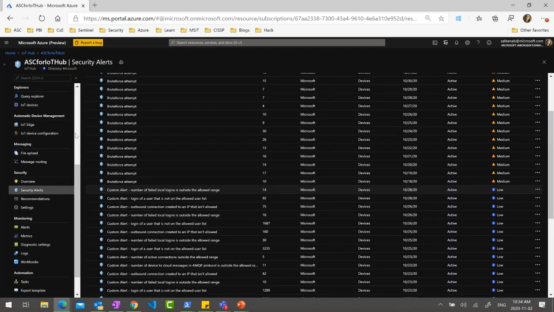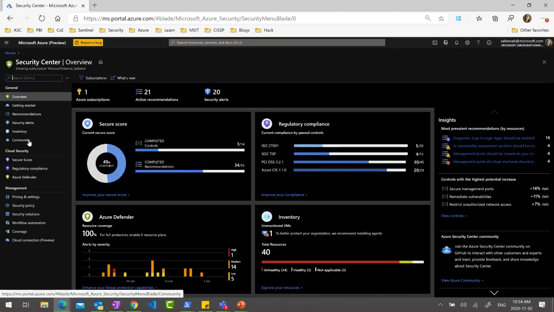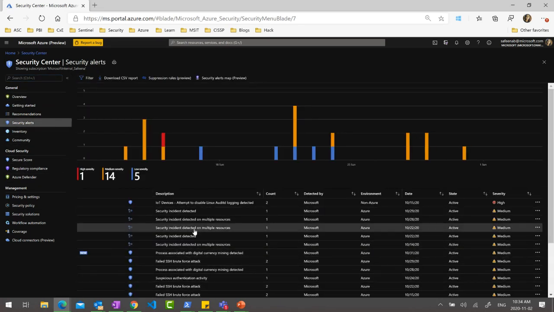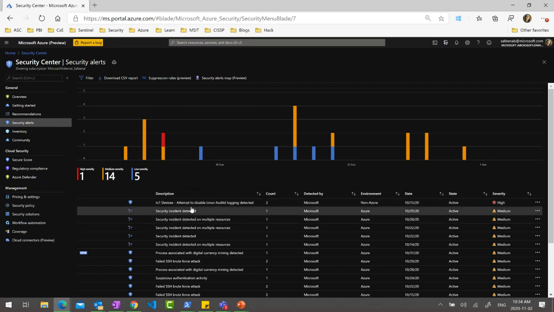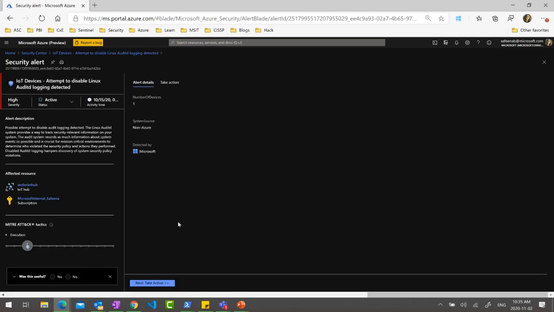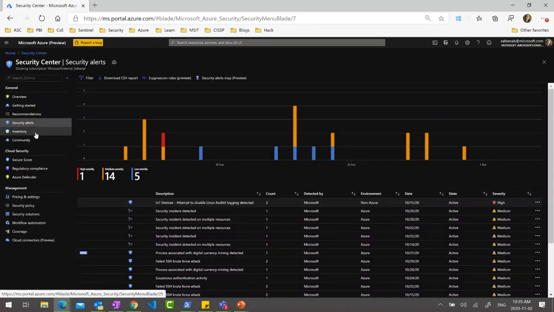Okay, so this is the custom alert part of it. Now I want to take you back to the security center for a second. And here is where you would be able to see all the security alerts related to the IoT devices. Either you can view it at the IoT Hub itself, or you could come here to the security center in order to know more details of what was the attacking IP and what is the state of the attack. Is it already in the execution, or is it just the initial attack,